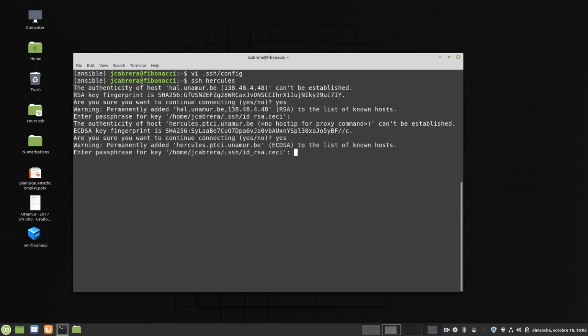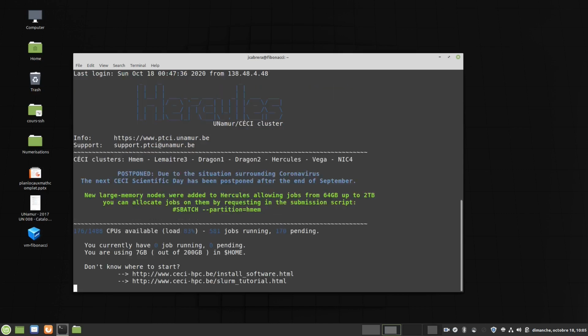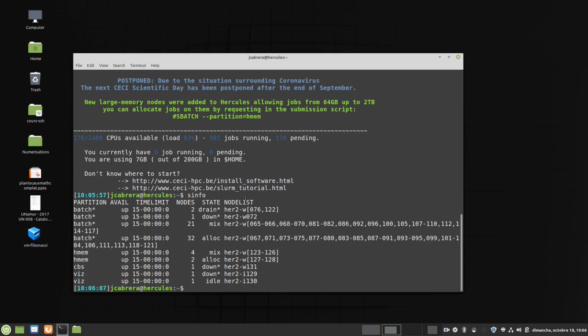And then you will be asked again for the passphrase of your key to connect to the frontend. Now I'm connected to the Hercules frontend. And for example, I can check all the compute nodes that are available to submit jobs.